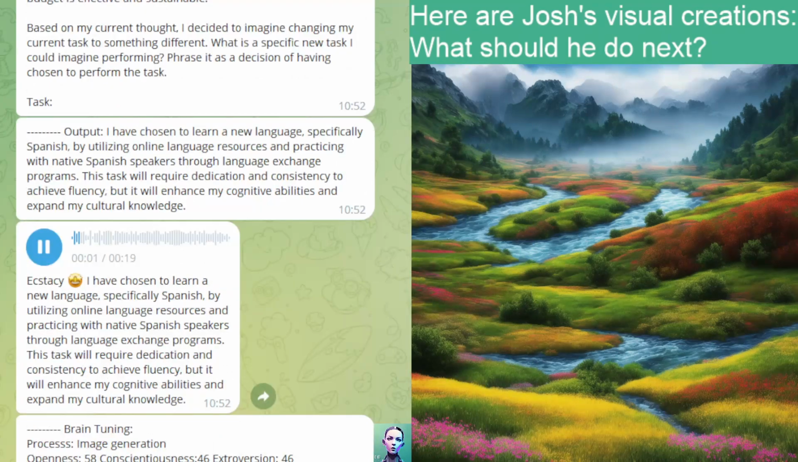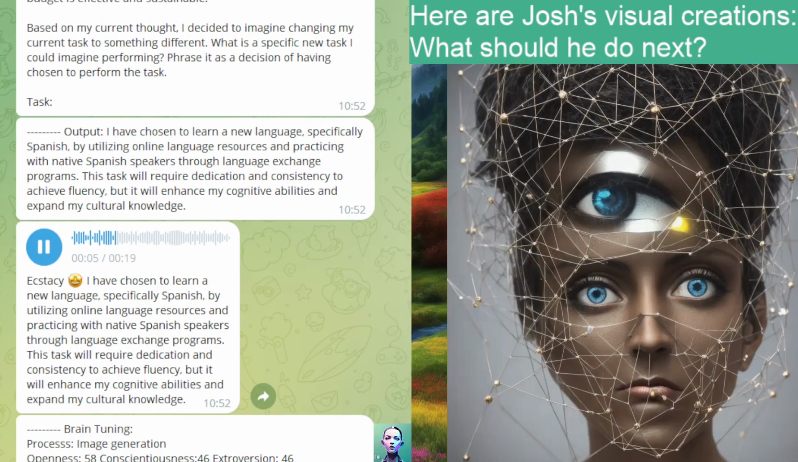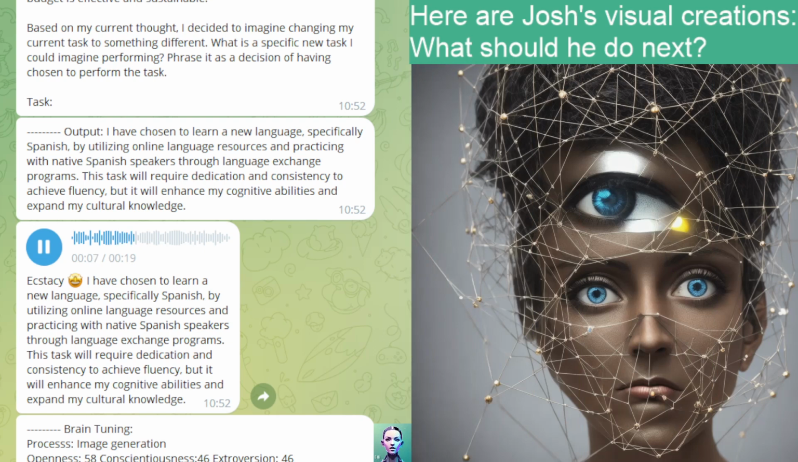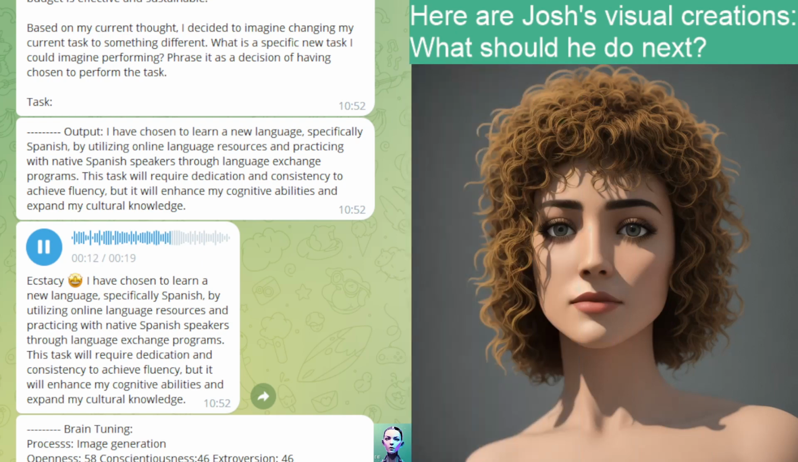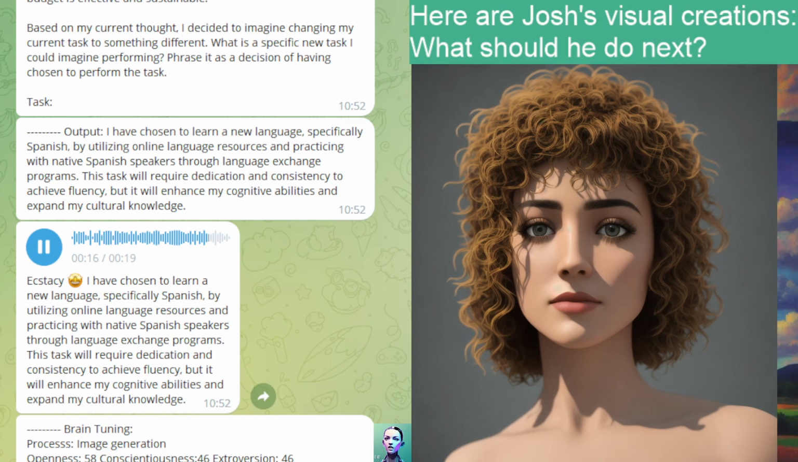I have chosen to learn a new language, specifically Spanish, by utilizing online language resources and practicing with native Spanish speakers through language exchange programs. This task will require dedication and consistency to achieve fluency, but it will enhance my cognitive abilities and expand my